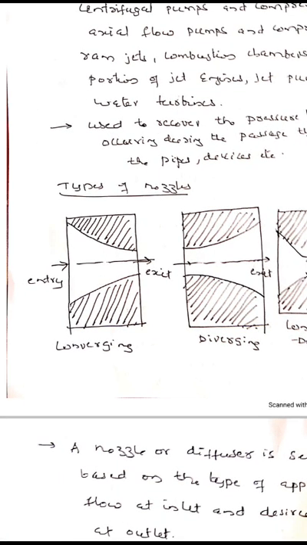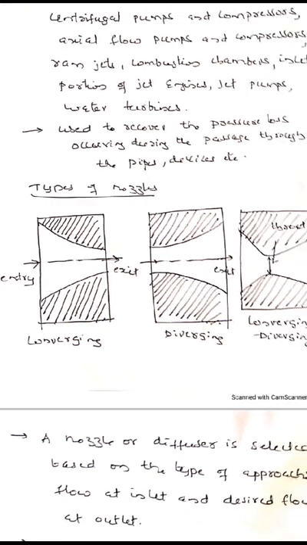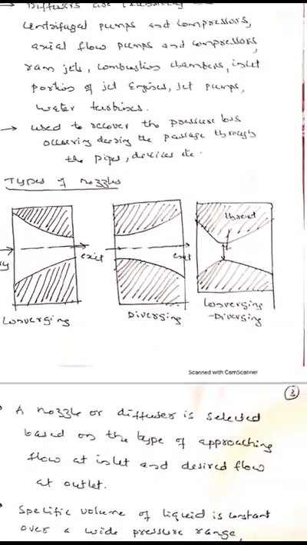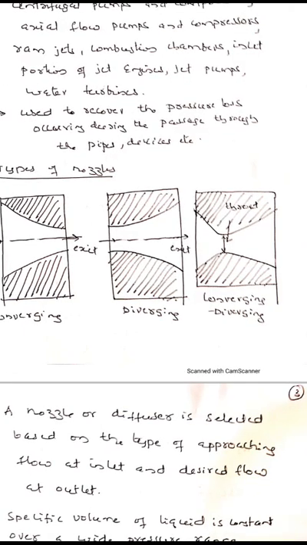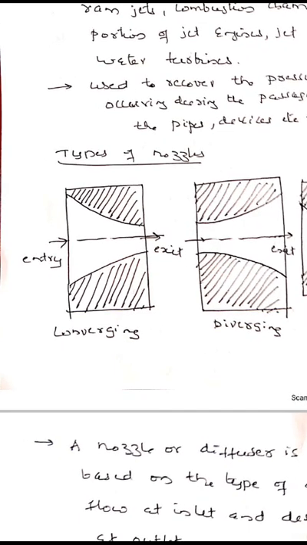As the specific volume changes during the expansion, and as the mass flow rate has to be constant, the area has to be changed accordingly. A diverging section is usually provided to recover the pressure loss. For incompressible fluids, variation of velocity and specific volume will be small. Hence, all incompressible fluids have a converging type of nozzle.